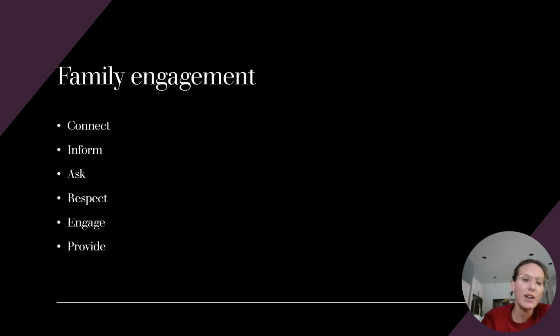And then after this process is done, we will try to engage the family. I will show an example of a teacher's way of engaging families once these processes start, and then we're going to provide resources for anybody who needs them. Frequently asked questions, English lessons, anything parents would need. Immigration, status help, legal help, that kind of stuff.